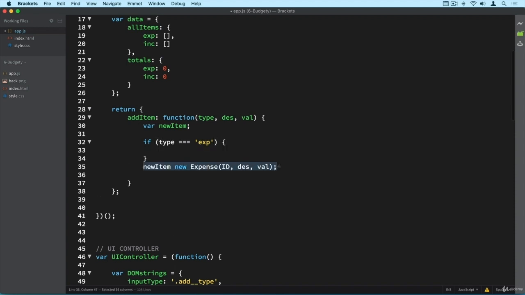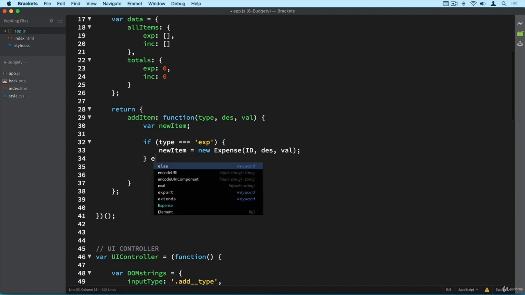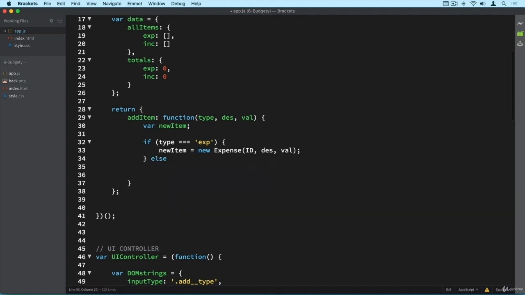So the new item will be a new expense. So I was missing the equal operator here, right? But if it's not an exp, so if it's an income, so an inc,